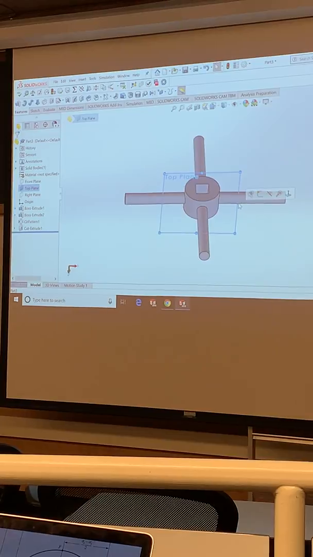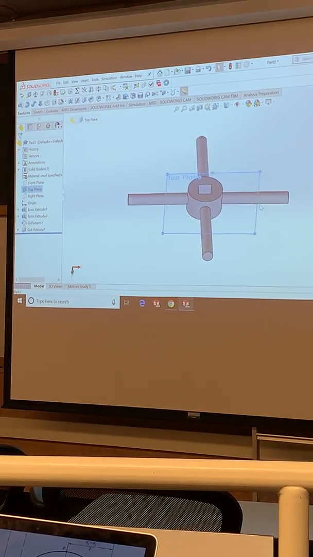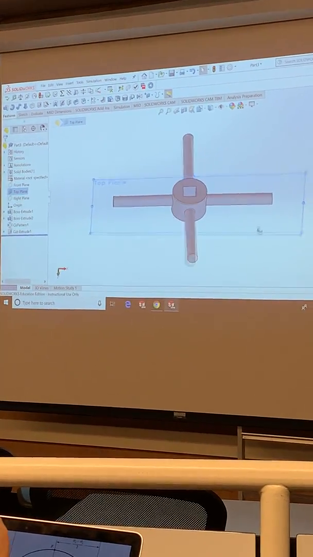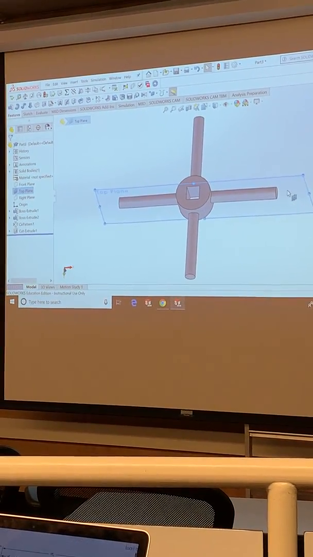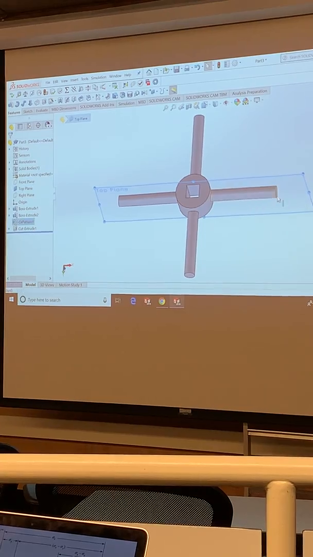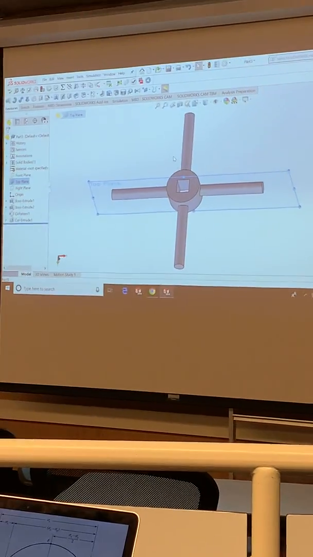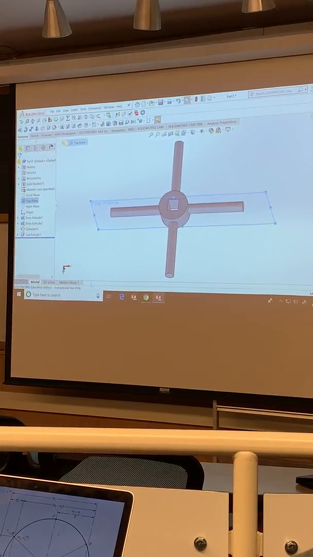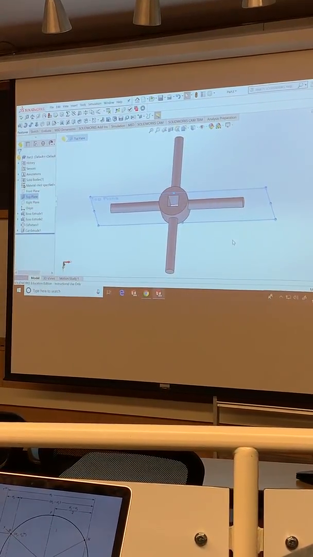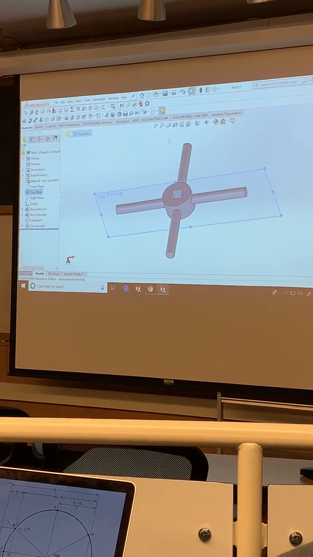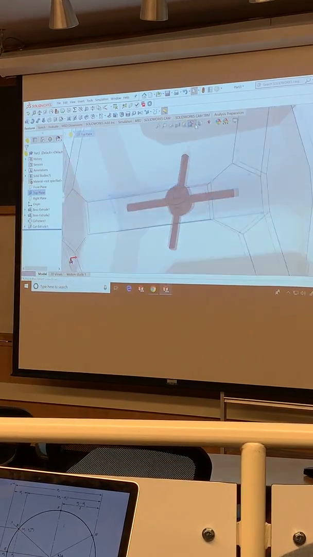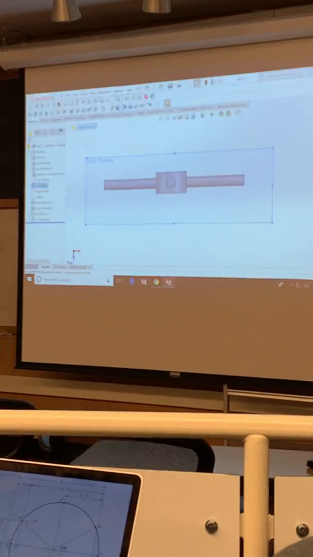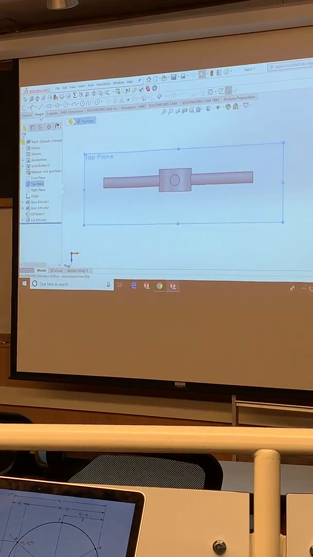And maybe okay, so this is what we have. I'm going to put a circle here, and a construction line or center line here, and then I'm going to revolve that circle to go all around. Let's look at it direction. Okay, so let's sketch,